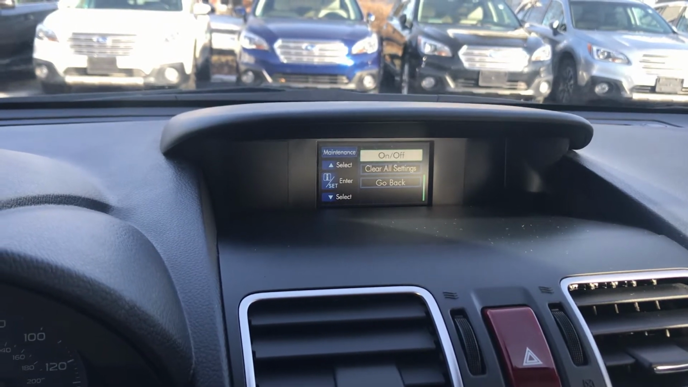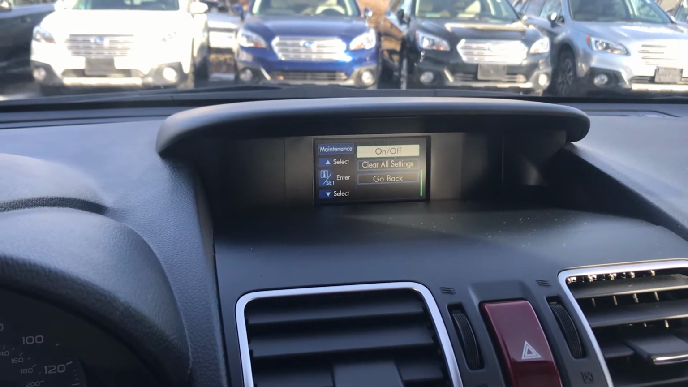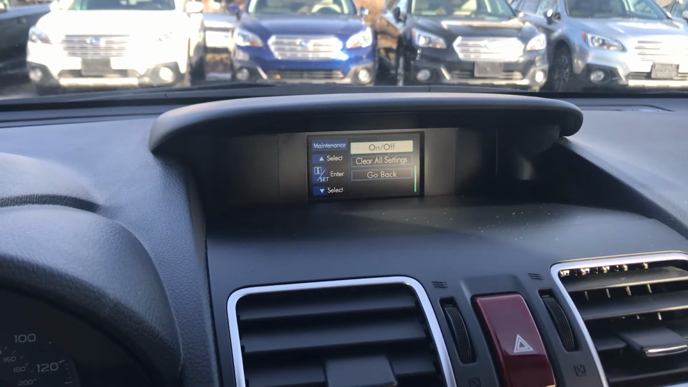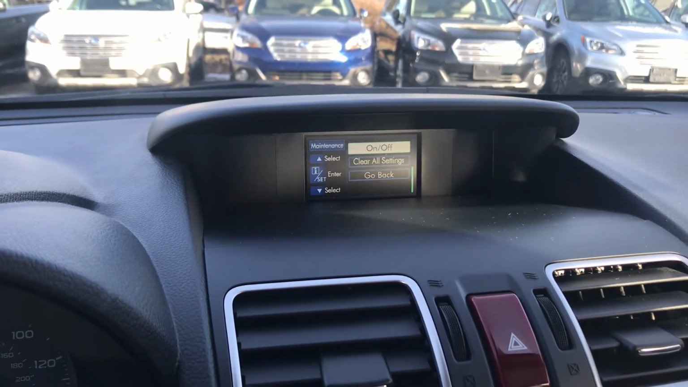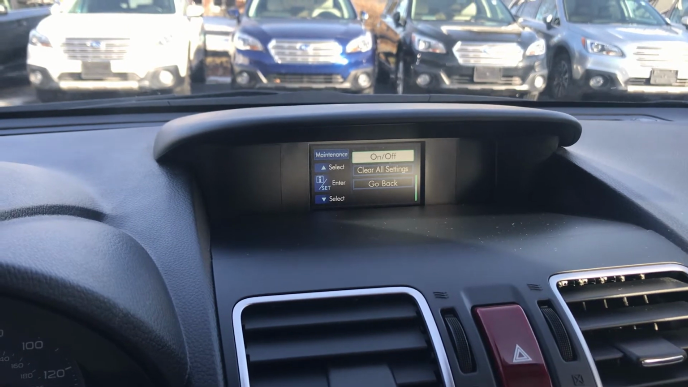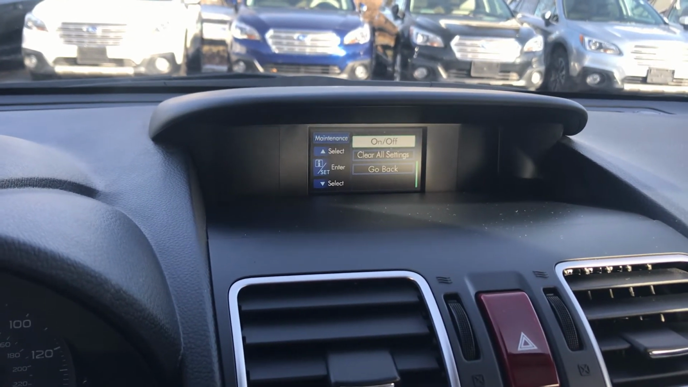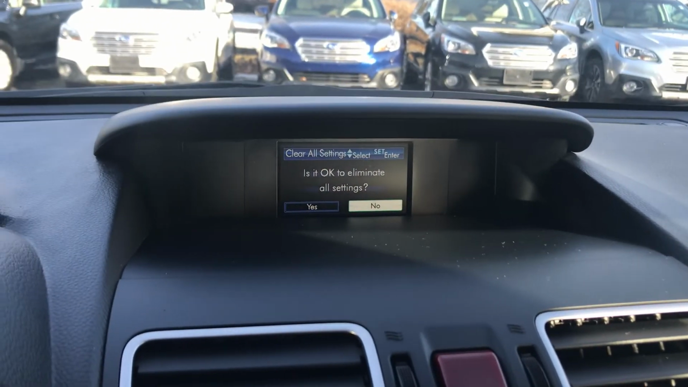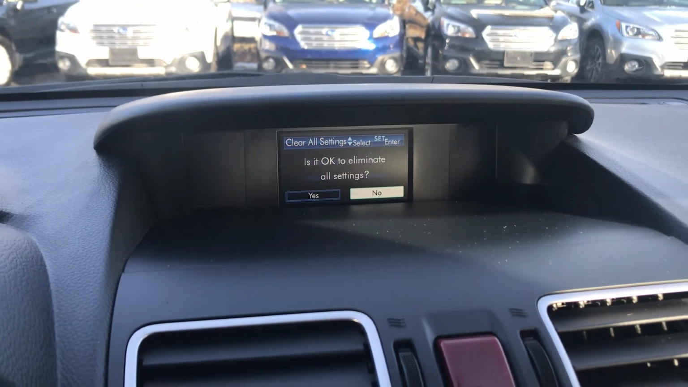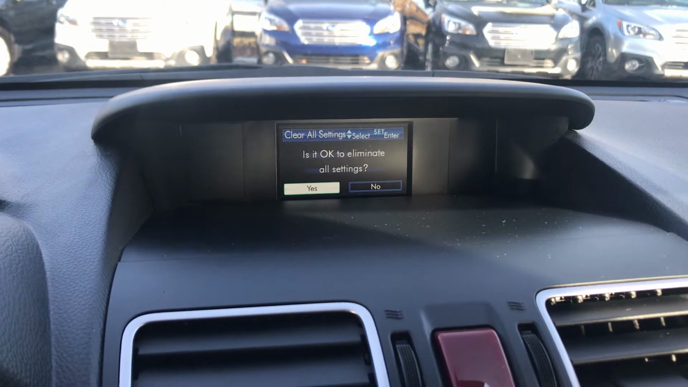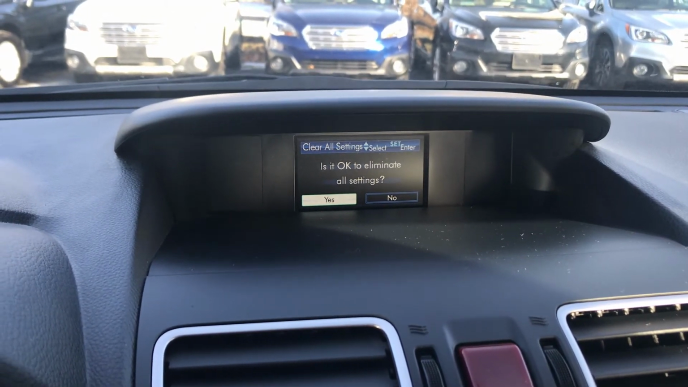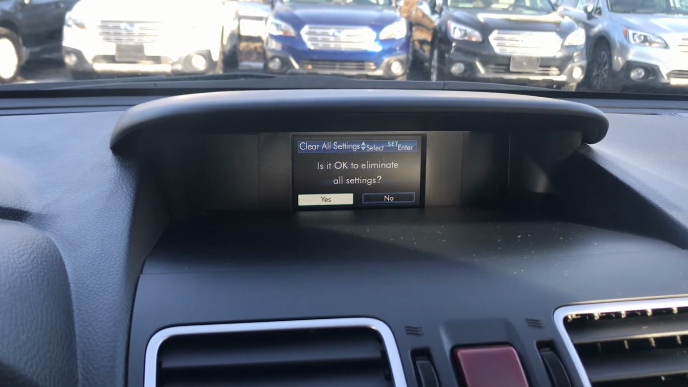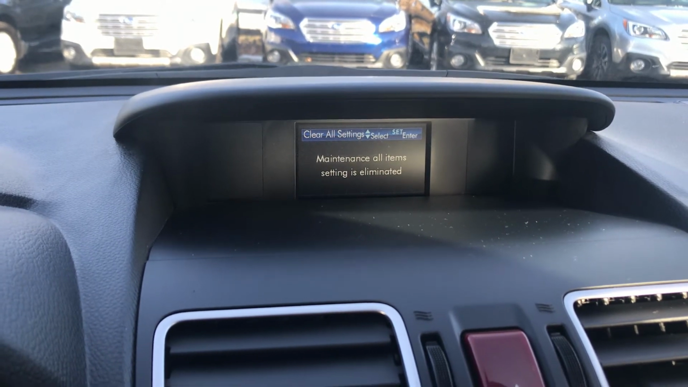notifications completely. But I think what we're going to do for yours, because it's going to be off a little bit just because we're resetting it a little bit after you had picked up the car and the first oil change had already been done. So I'm just going to scroll down to clear all settings, and when I select that again using the middle button, it's going to say, is it okay to eliminate all settings? And then I'm going to use the downward arrow to select yes. So when that's highlighted, now I can hit the middle button, that's the set button, and now everything is taken